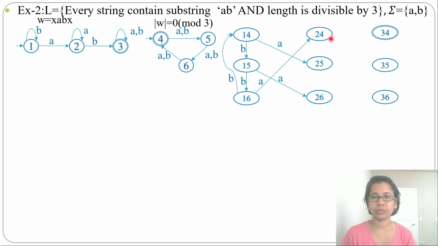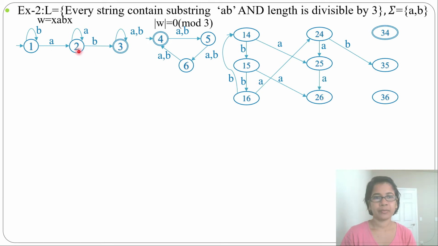Now I'll do it for 2 4. From 2 by A go to 2, from 4 by A go to 5, so from 2 4 by A go to 2 5. Then from 2 4 by B: from 2 by B go to 3, and from 4 by B go to 5, so from 2 4 by B it goes to 3 5. Now for 2 5: from 2 by A go to 2, and from 5 by A go to 6, so from 2 5 by A it goes to 2 6.